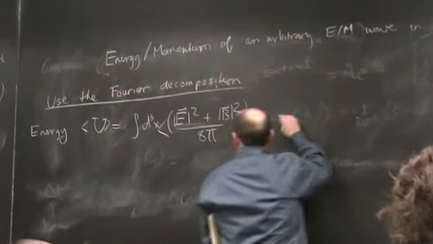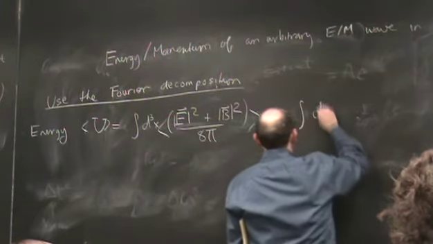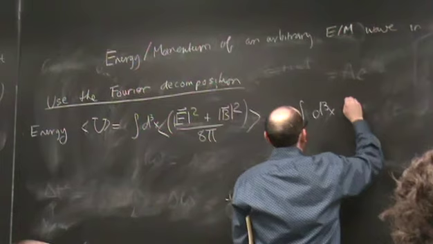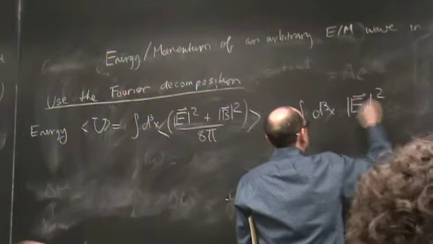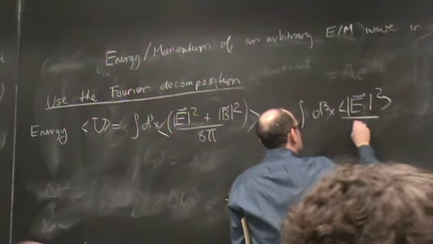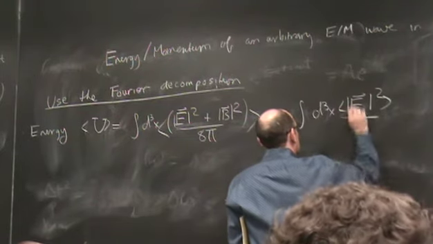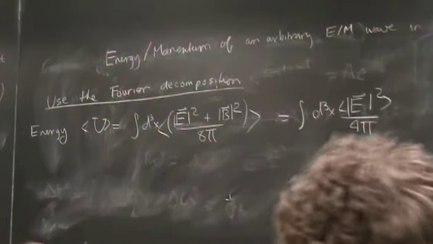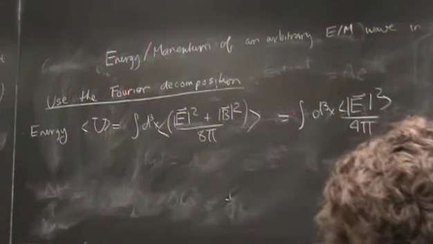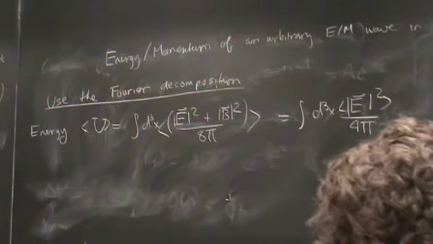The energy in the electric field for each plane wave is the energy in the magnetic field, so we can write that. Each one contributes equally. E and B are equal, so we just add them up. And now